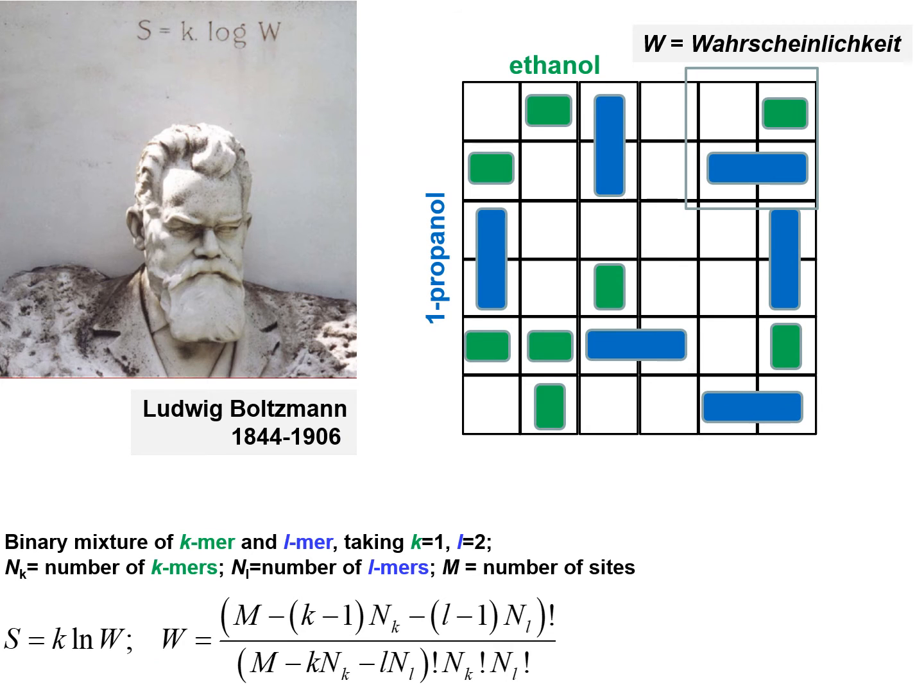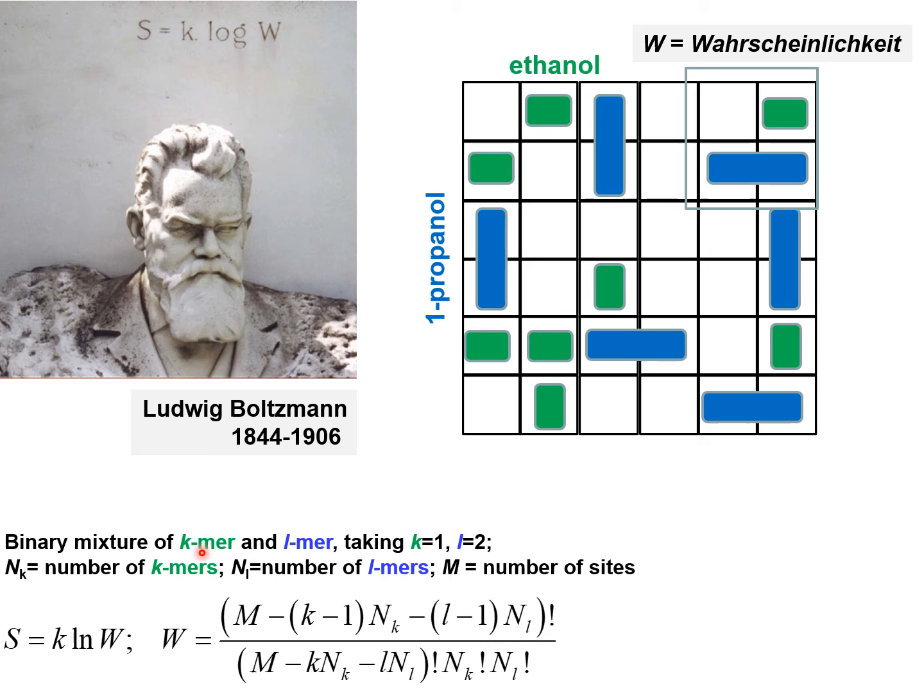Let us quantify the adsorption of mixtures of ethanol and 1-propanol on the checkerboard by using the Boltzmann expression for the entropy. S is k ln W, that is also engraved on his tombstone in Vienna. k is the Boltzmann constant, and